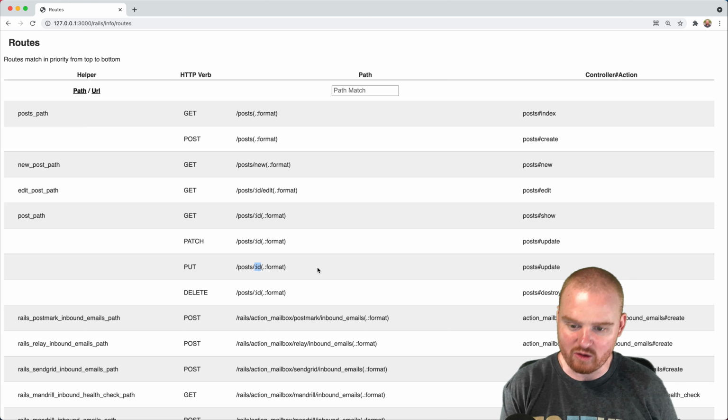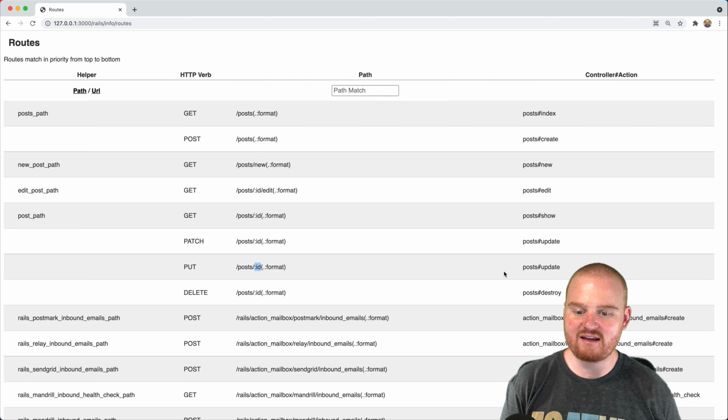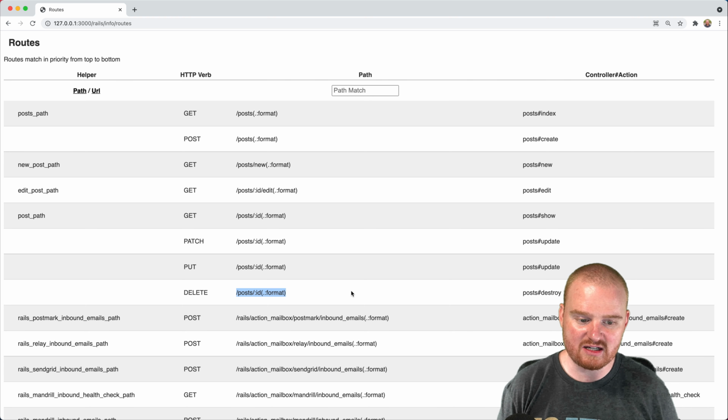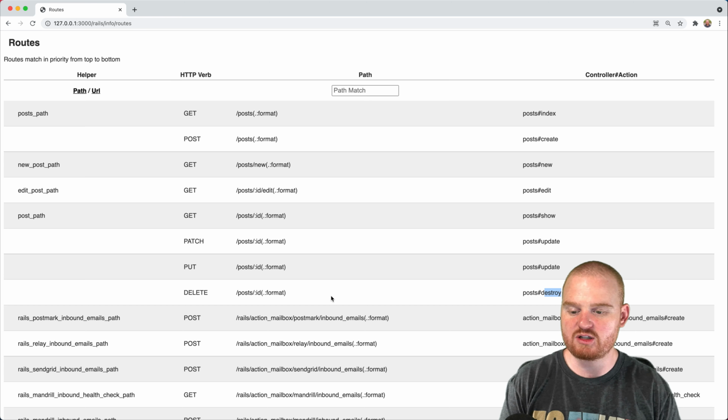And so we'll look up the post in the database. We'll take in those new parameters that were sent to us as part of that form submission, and we're going to update the post in the database so that it has new values. Finally, down here, we have a delete request to /post/ID. This is going to call the destroy action on the post controller, and that will just delete it from the